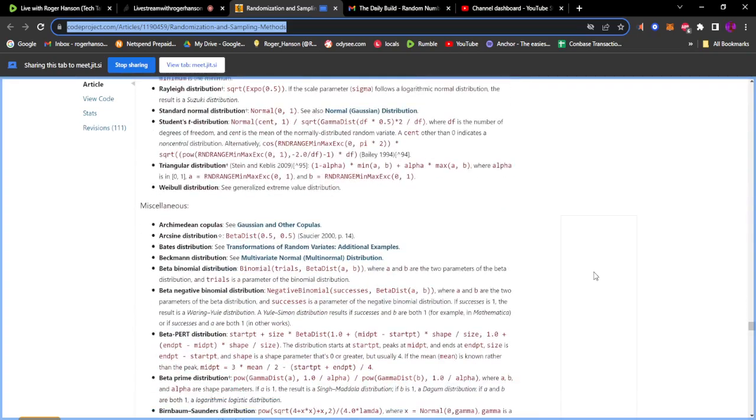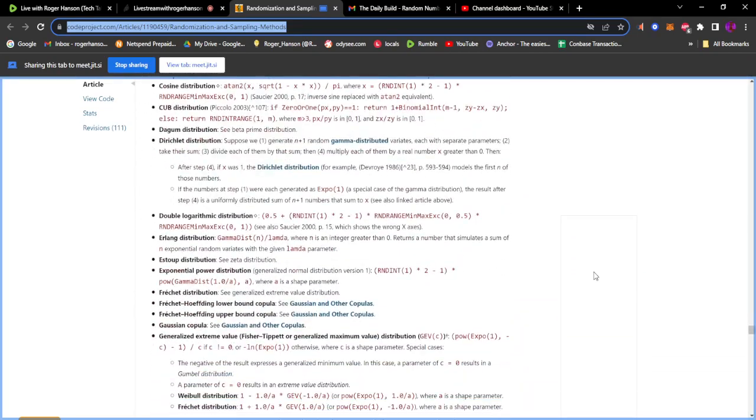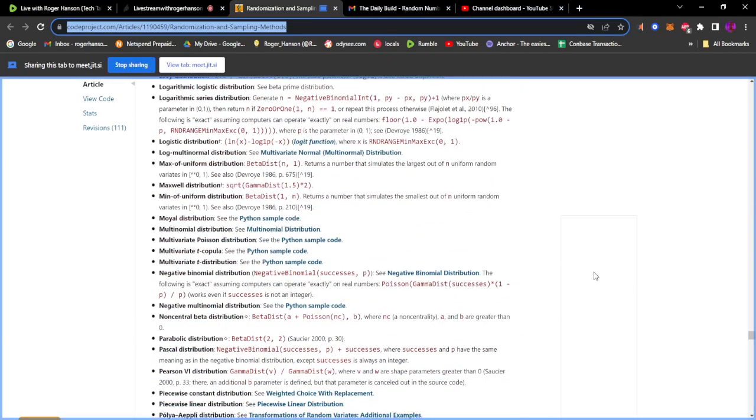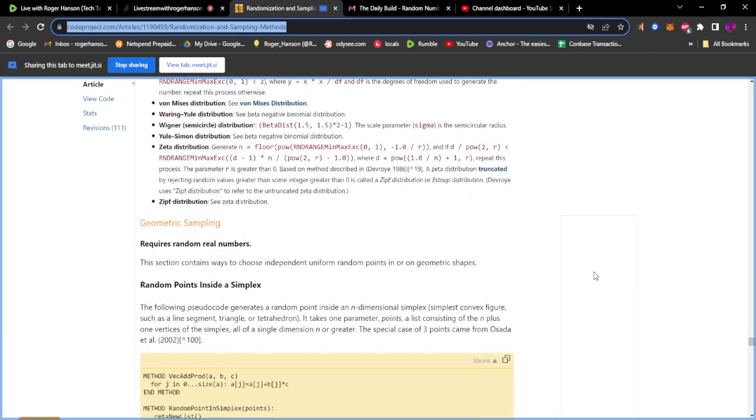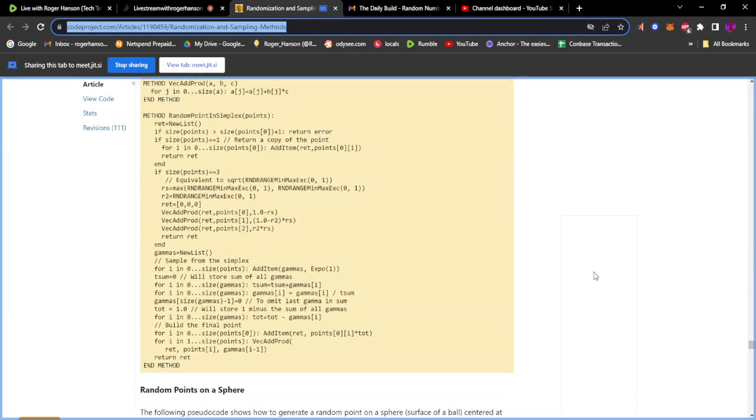Now, I'll also mention too, the daily build has been around for a while. This is a very good open source. They also offer classes when it comes to C++ and coding.